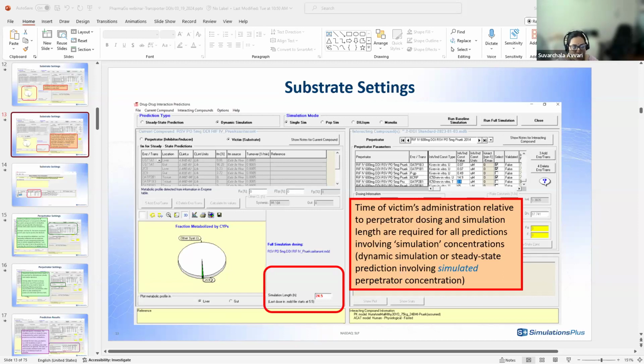If the compound is a class 1 compound with high solubility and high permeability, it is well absorbed across the GI tract, so the effect of transporters would be very minimal. For BCS class 2 compounds, because of the low solubility, the gut transporters could play a significant role in the overall disposition of the compound, and so on. So we need to have an understanding of the permeability, the solubility, and the BCS classification of the compound to better understand the role of transporters in the ADME process of drugs.